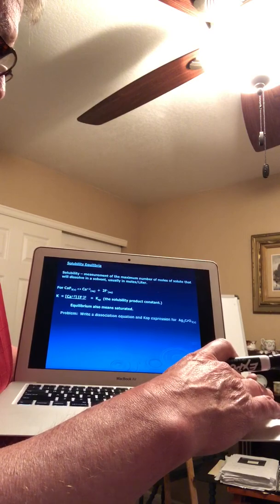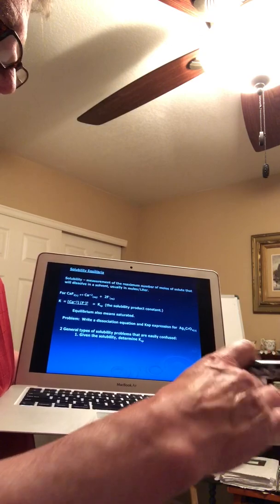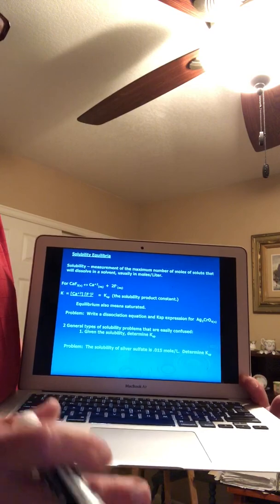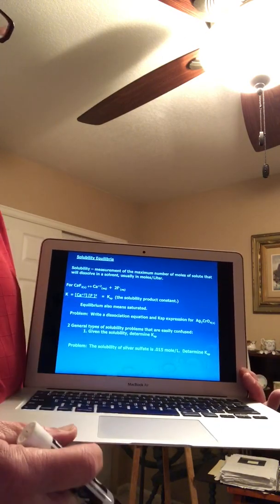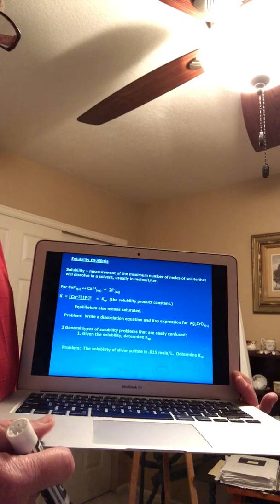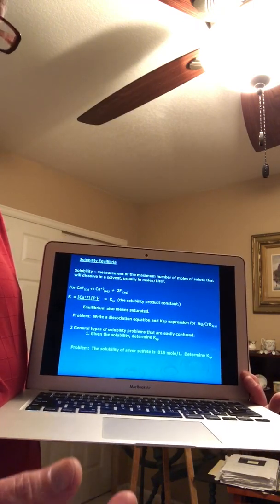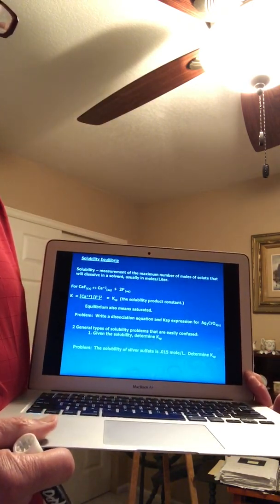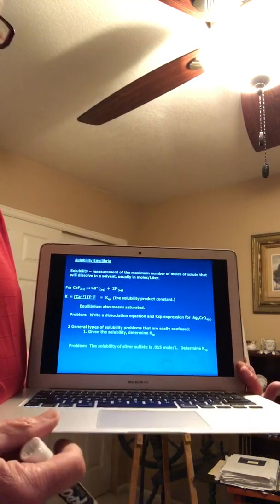So let me put this whole page up. If you remember what chapter 15 is about, it is a combination of chapter 13, Equilibrium, and the double arrow going left to right or right to left, as well as chapter 14, which was on acids and bases. And we've spent some time, we could have spent more, on the chapter 14 thing with titrations and buffers. This is something I think is a possibility to be on the AP test. So I want to introduce this to you today, and then I'll come back on Monday and we're going to do some more problems.